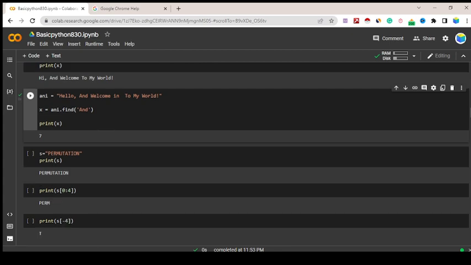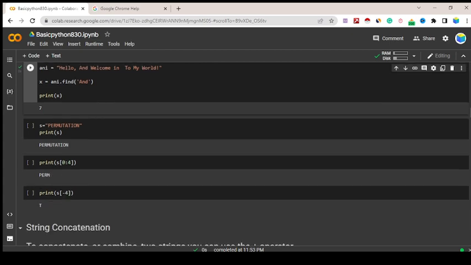Now I am going to create one word, like s will equal to permutations, and I can print here the permutations. Now print 0 to 4. So PERM, to restart PERM. So you can see here. Next,